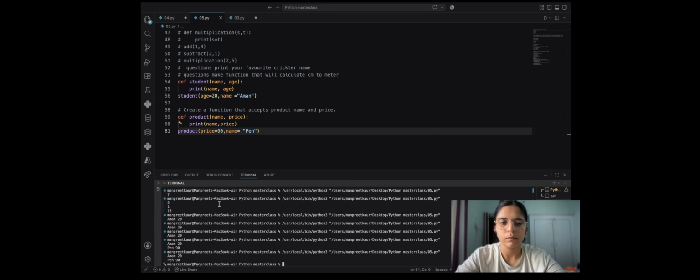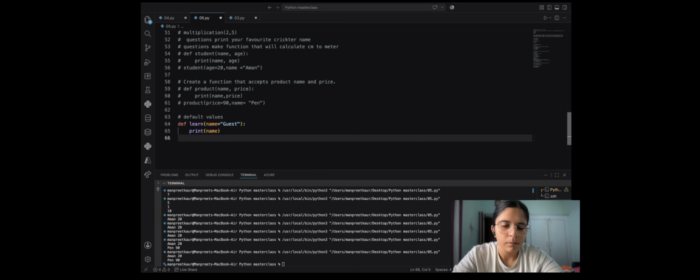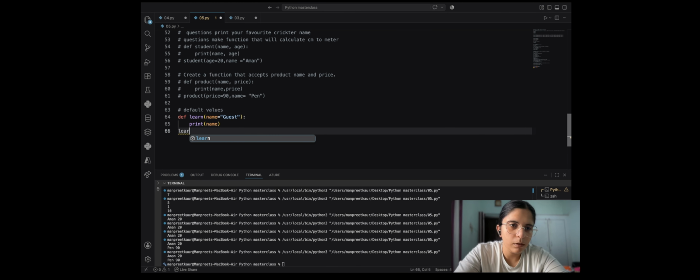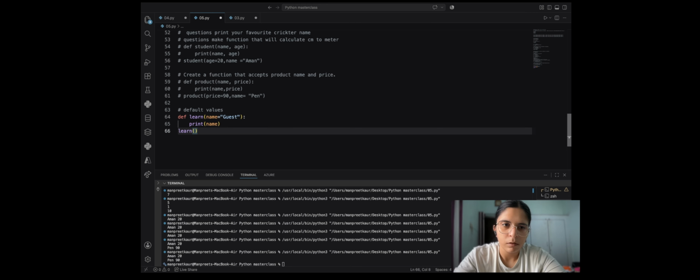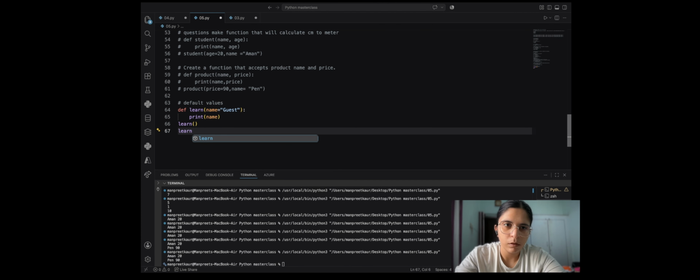Now we are going to make the function named learn. Name is equal to guest, print name, learn, learn, monthly.